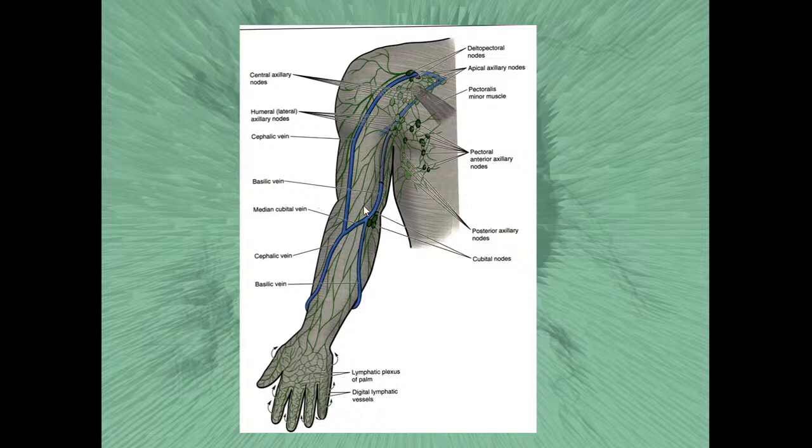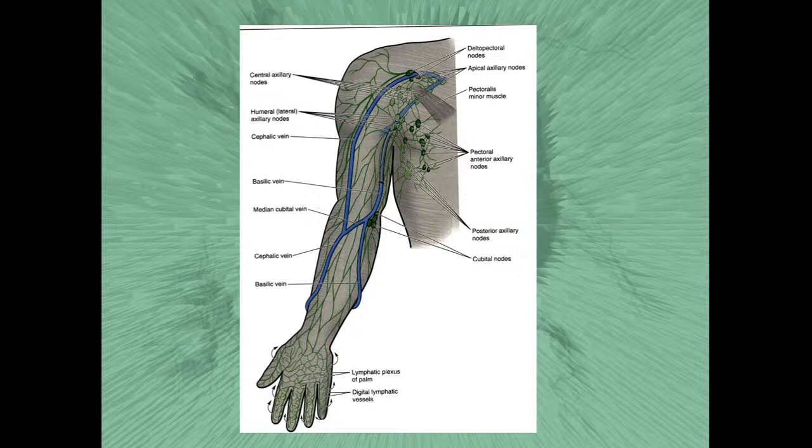The first group of the regional lymphatic nodes is represented by the cubital lymphatic nodes located in the cubital fossa. Then through the lymphatic vessels lymph gets to the second very important and very big group of the regional lymphatic nodes,